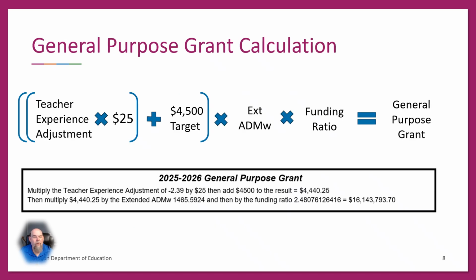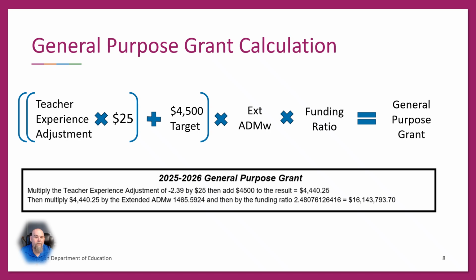What is the general purpose grant? The general purpose grant calculation is set in statute. The state sets a target of $4,500 per extended ADMW. That $4,500 is adjusted by teachers' experience in each district. The calculation is teachers' experience rate multiplied by $25 plus the $4,500 state target, multiplied by extended ADMW, multiplied by